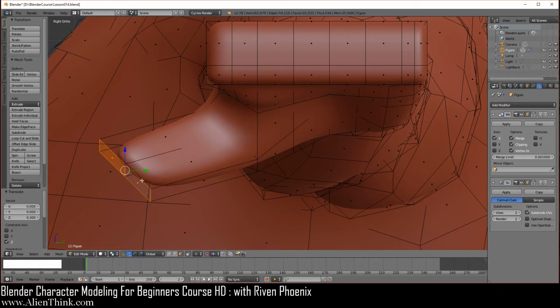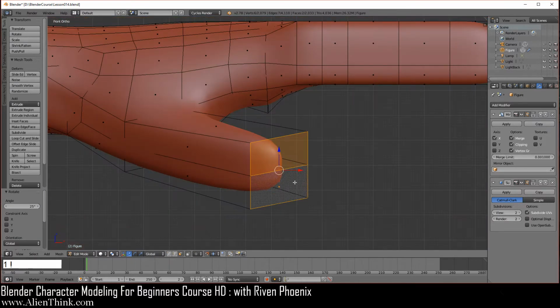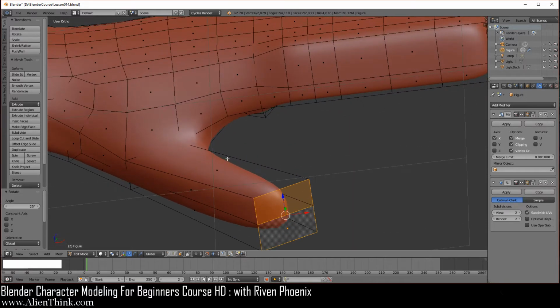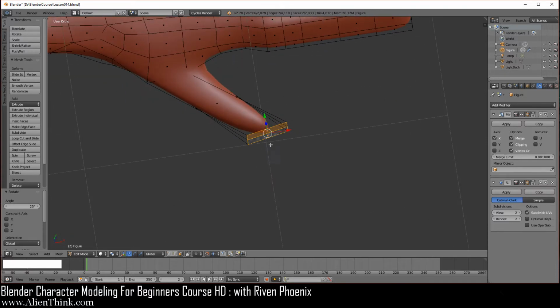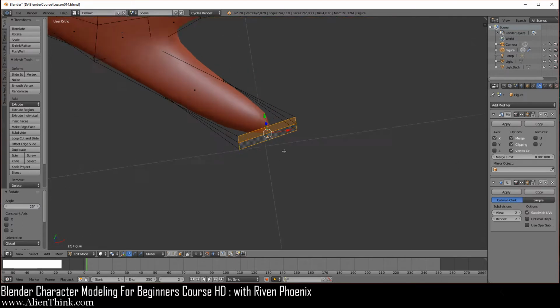So what we need to do is actually rotate this 5 nudges. So I'm going to press the R key and rotate this 1, 2, 3, 4, and then 5, and then left click to confirm. Now go to your front view over here. So what we need to do is, if you do the middle mouse button, and actually let's press the period key first to home in on it. Now if you do your middle mouse button, you can see that it's actually rotated this way, and we want to rotate it over here so it starts to look like a rectangle. And this is where we're now going to start to use the normals.